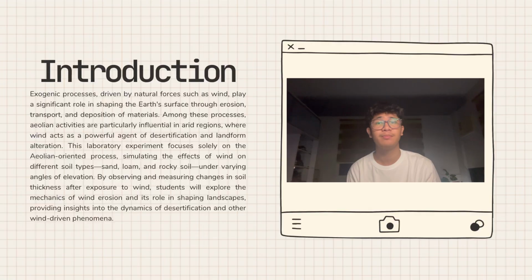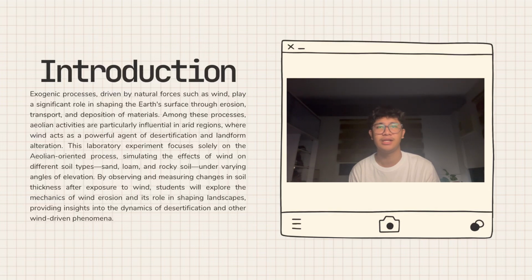And today we will be performing an experiment regarding the exogenic processes. Exogenic processes driven by natural forces such as wind play a significant role in shaping the Earth's surface through erosion, transport, and deposition of materials. Among these processes, aeolian activities are particularly influential in arid regions, where wind acts as a powerful agent of desertification